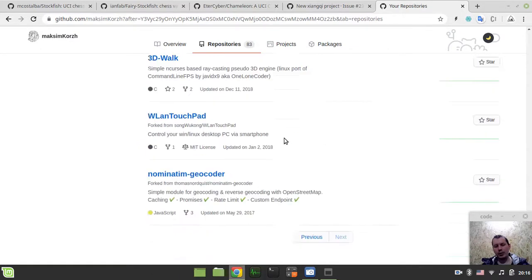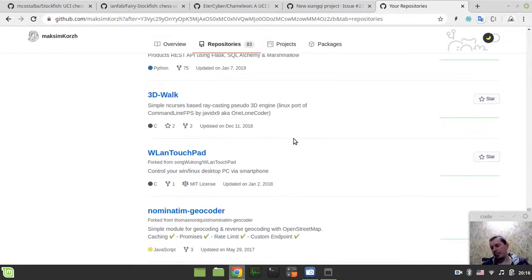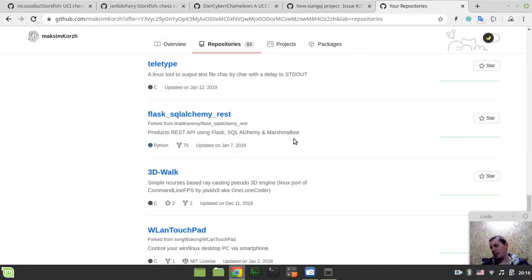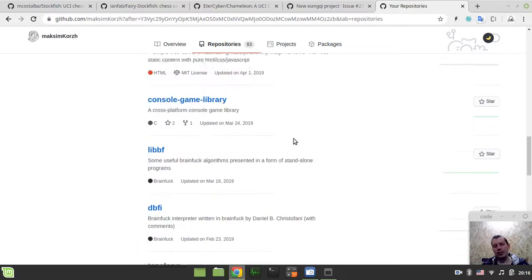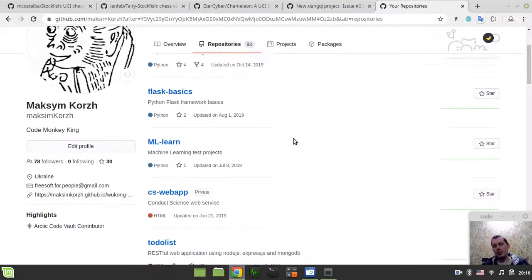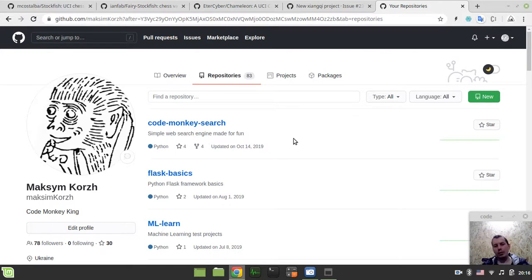But again, it's more like prototypes. I would call them prototypes, right? Just showcasing some specific part of programming, or some ideas, whatever. And exactly the same goes for the chess engines as well. For those of you who have been following this chess programming channel, you've seen that I've made a few chess engines already when this channel existed, and I made a few before this channel existed. But anyway, it's not the point. The point is that